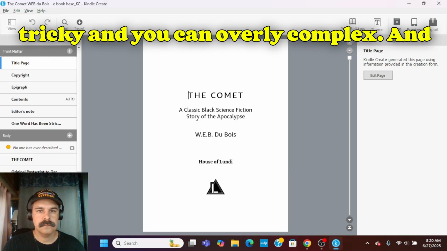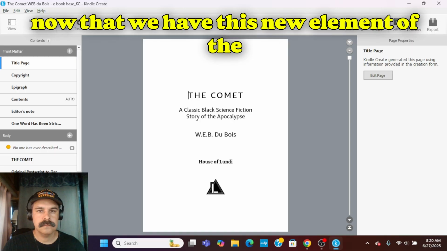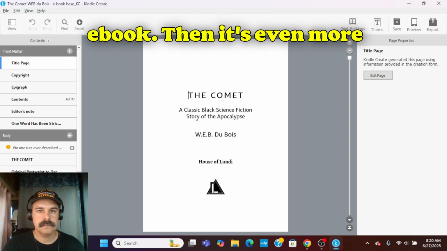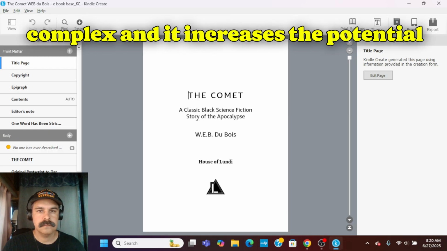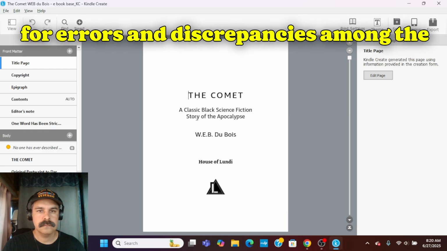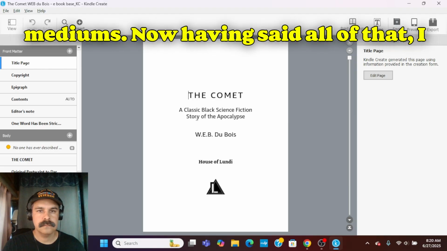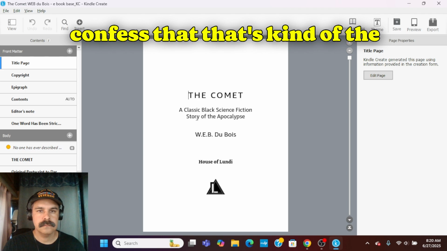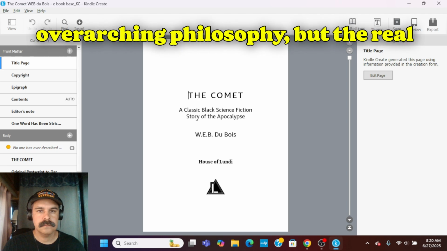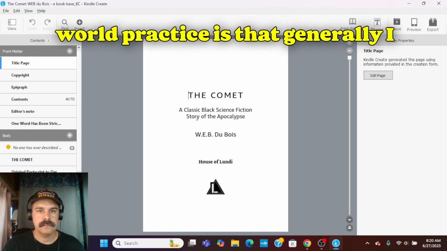tricky, and overly complex. And now that we add this new element of the ebook, it's even more complex, and it increases the potential for errors and discrepancies among the mediums. Now, having said all of that, I confess that that's the overarching philosophy, but the real world practice is that generally I